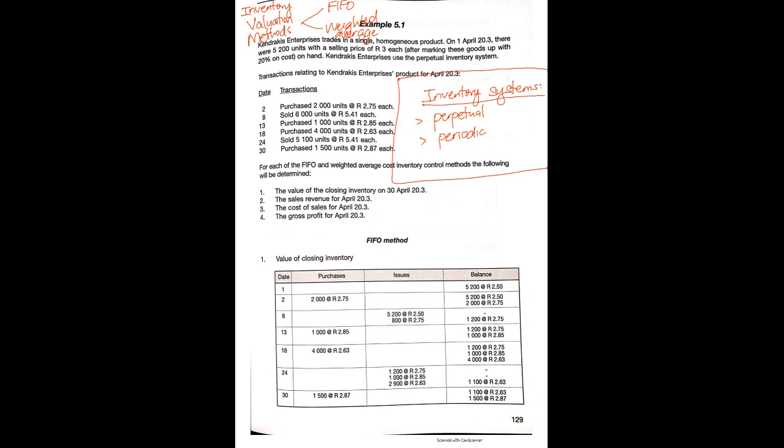So it's very detailed. Then you have a periodic inventory system, which is not day by day or transaction by transaction. You have a periodic inventory system where you find that a specific company follows the method of, instead of updating the system every single time a transaction takes place, they are going to have specific periods, literal to the word periodic. So specific periods may be every end of month or every end of quarter or bi-monthly or whatever it is, just a specific period of time,